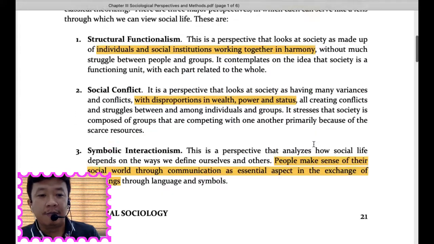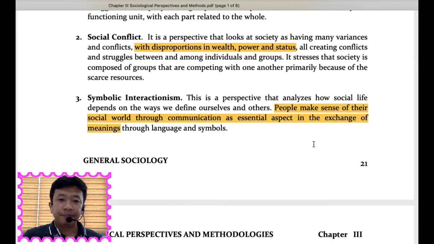Okay? Now, yung symbolic interactionism naman, kakaiba siya dahil ang pagtingin niya sa tao ay meaning maker. Okay? So, individuals and by extension, organizations and society at large are meaning makers. Meaning to say, when there are events that are happening, different people will make different meanings out of it. Okay? Like for example, ang dami-dami nating karanasan dyan na kung saan iba-iba yung ating pag-meaning make ng mga bagay-bagay. No? Pwedeng